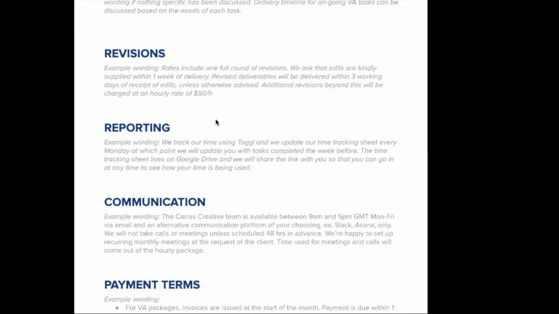So this is some example wording you can use for revisions. You can say our rates include 1 full round of revisions. We ask that edits are kindly supplied within 1 week of delivery of the project. Revised deliverables will be delivered within 3 working days of receipt of edits, unless otherwise advised. Additional revisions beyond this will be charged at an hourly rate of $50 an hour. So this is where you're setting really clear expectations as to how their requests for edits are going to be